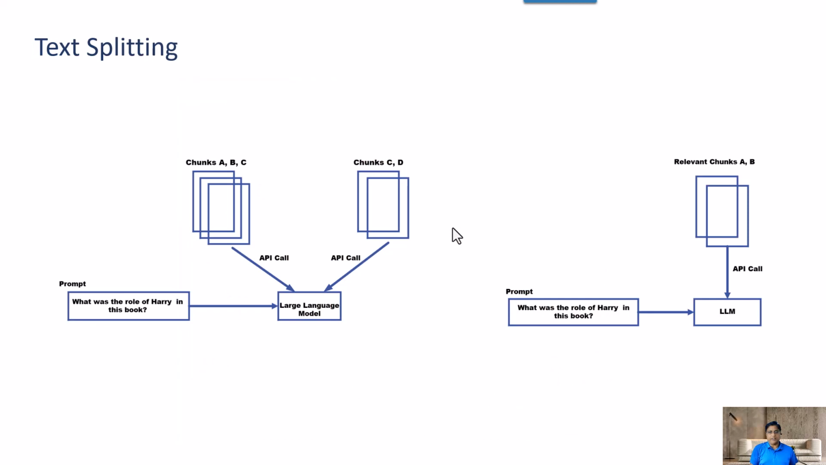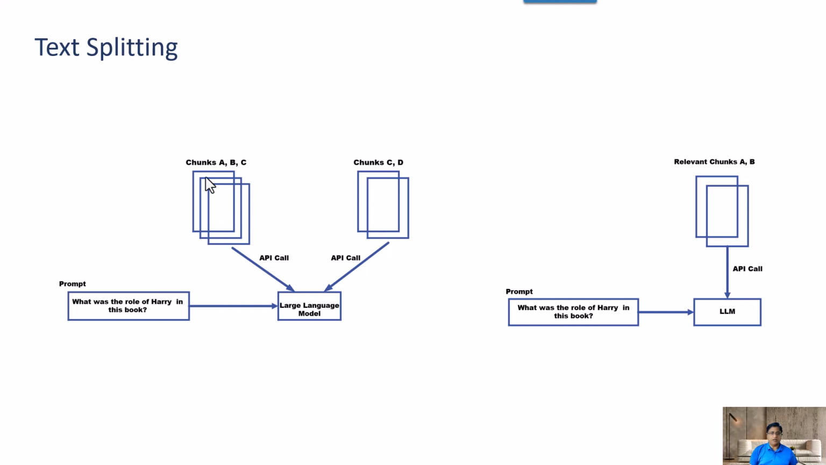Okay, what is text splitting and why do we require text splitting capabilities? Let's understand it with an example. Suppose I ask a question and create a prompt: what was the role of Harry in this book? Now the large language model needs to go through a process. First it will create chunks from this big document where I want to ask a question. So there will be a different set of chunks: A, B, C, D, E, F, and